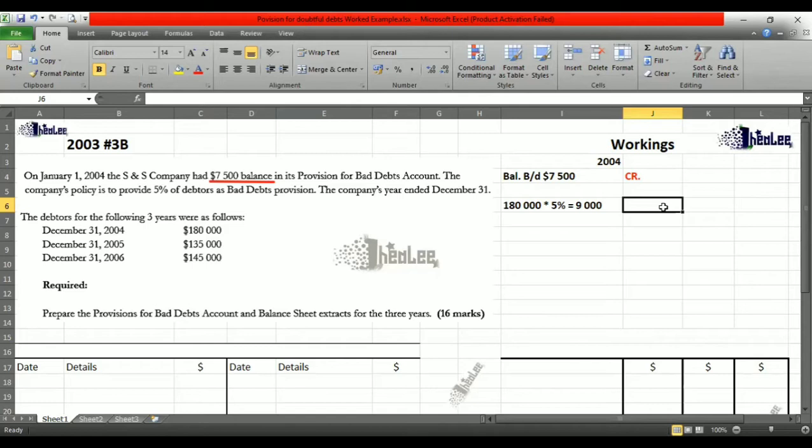In ascertaining whether there is an increase or decrease, you have to look at the previous balance, which is 7,500, compare it to the balance at the end of 2004, which is 9,000. In comparing that, you would notice that there is an increase